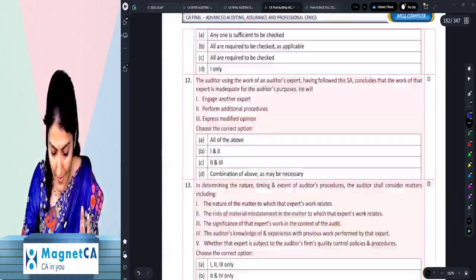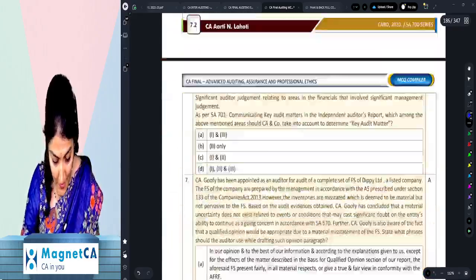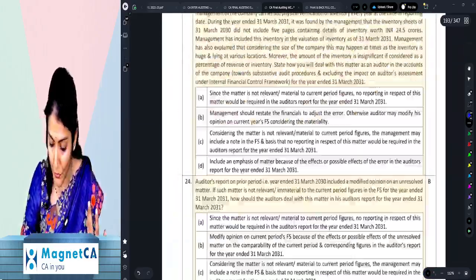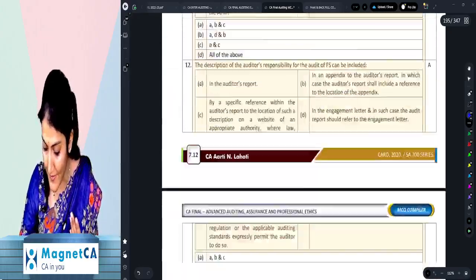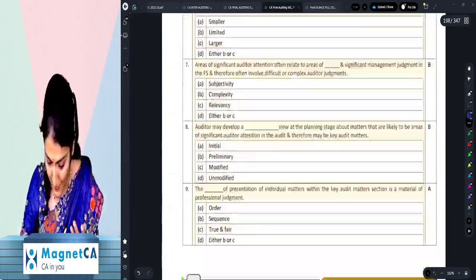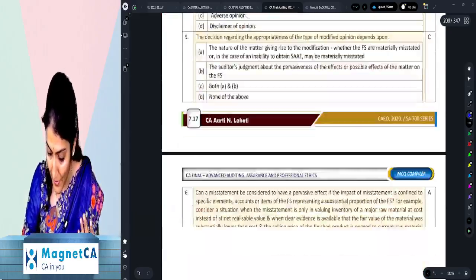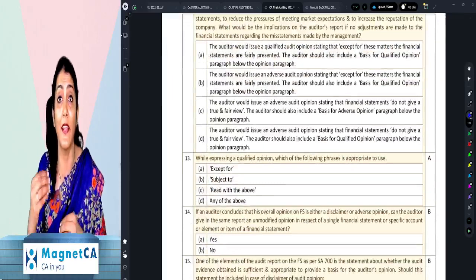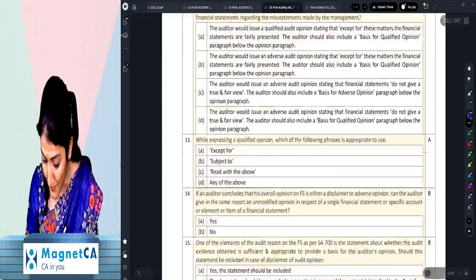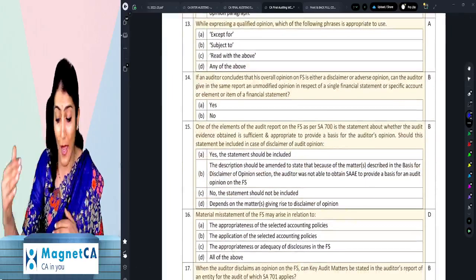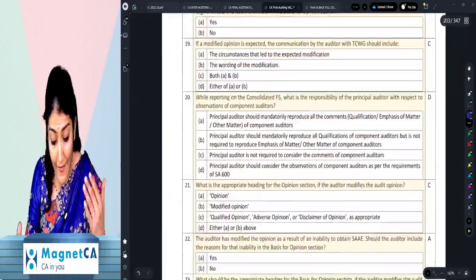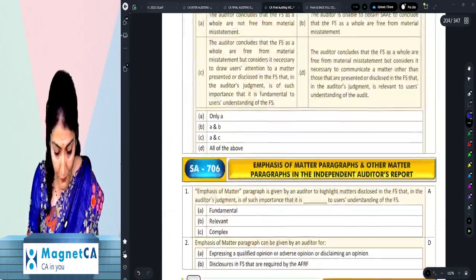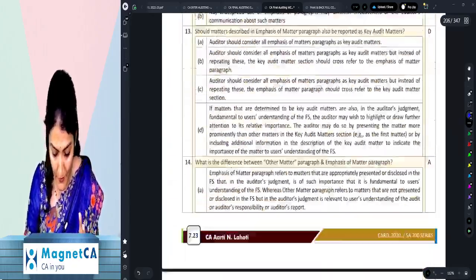Right, so that is the SA 600 series, then the 700 and the CARO 2020, and then very importantly, I want to show you the 800 series. That is why I still continue to scroll through the pages. Right, so that will be a good practice. Each and every MCQ, I made it a point that I go through it and see whether it is relevant, whether it is making sense, whether it is appropriate at the CA final level, and then it has been incorporated in the book. So you have the 705, you have 27 MCQs given over there, right?